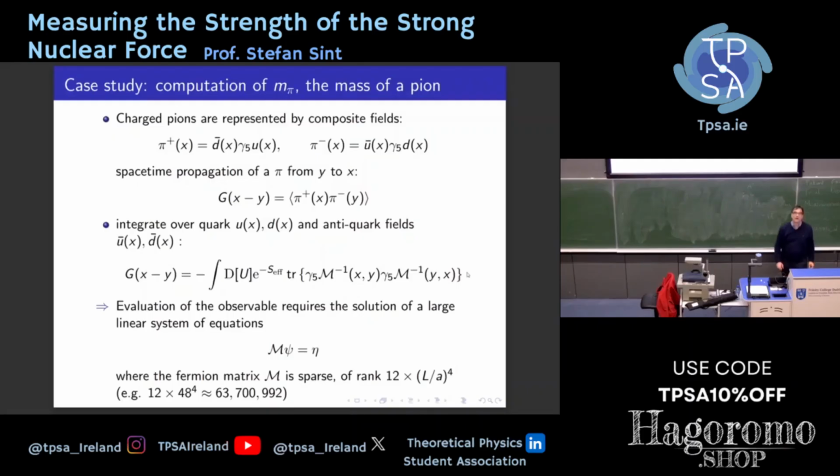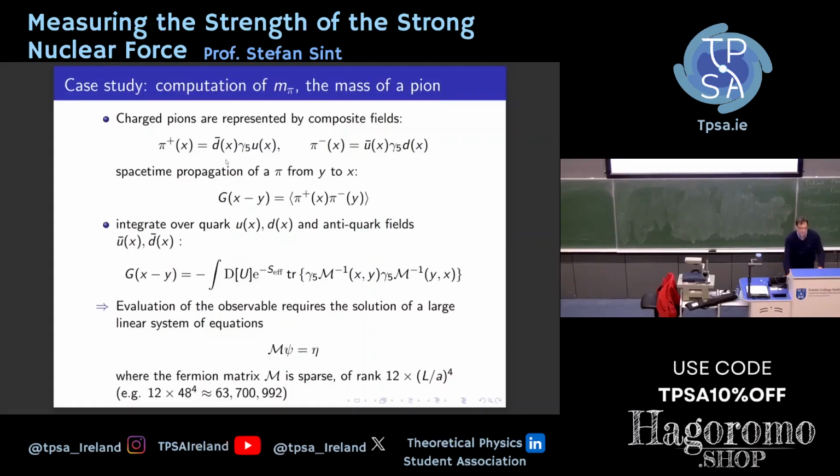Let's compute the mass of a pi meson. A charged pion is basically a composite field of a quark and an antiquark, u d bar, as I told you before. It's a pseudoscalar under Lorentz and parity transformations, and a quark bilinear with gamma 5 in the middle is a pseudoscalar field. That's a pi plus meson, and if you take the Hermitian conjugate, you get the pi minus with u bar d. And then the propagator, the space-time propagation of that pion field from y to x,